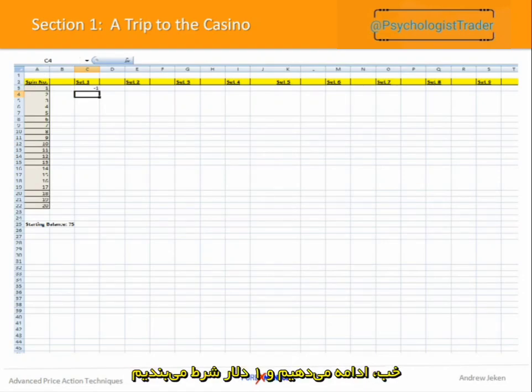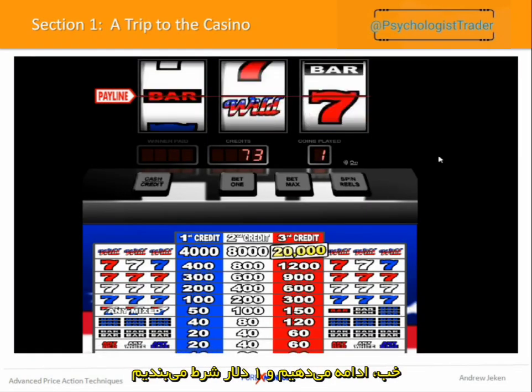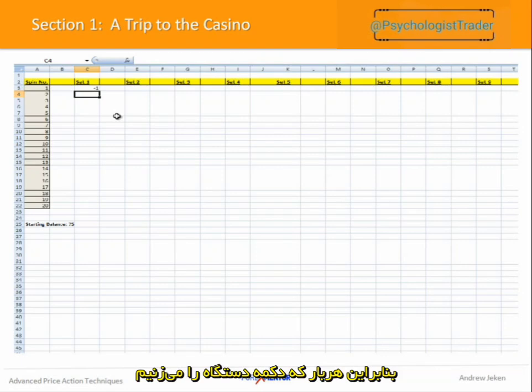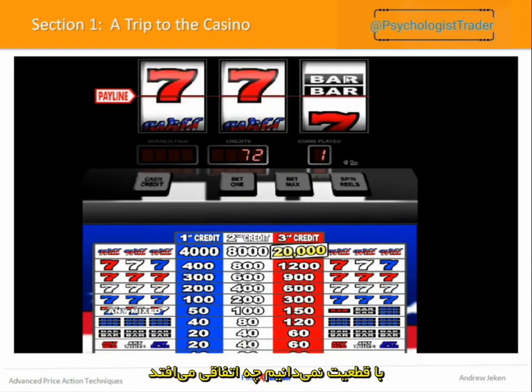So if we continue, still $1, and we bet, you can see we lose again. Understand that every time we flip the switch, push the button or pull the arm, we're not quite sure what's going to happen next.